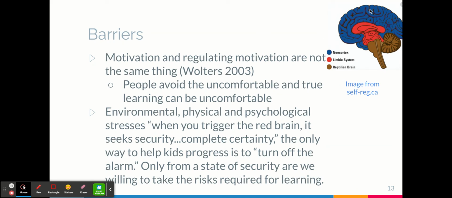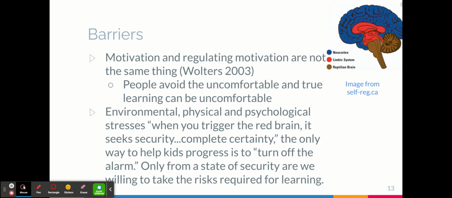Basically, he focused on the blue brain and the red brain. The limbic system, the red brain, controls our fight or flight stress response, whereas the neocortex is more about higher levels of functioning. And he said when we engage our red brain, nothing in the blue brain will